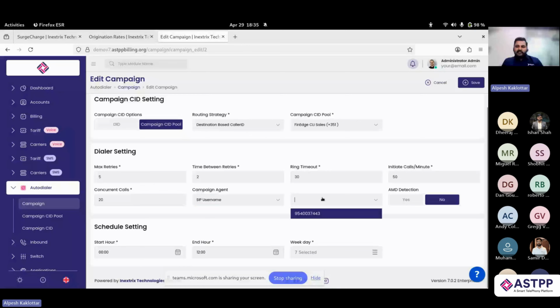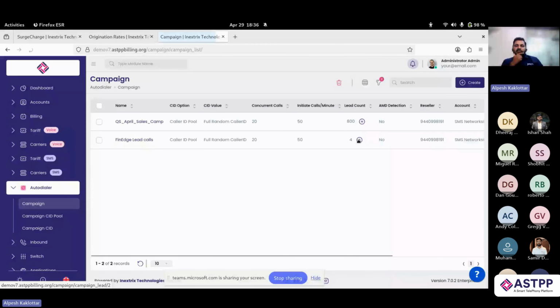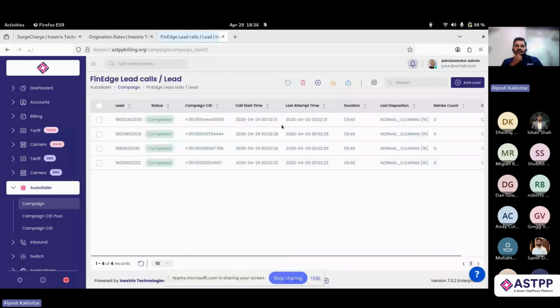Okay, this is how your campaign should run. We have a start hour, an end hour, and here you can select the days. My campaign is running from midnight 12 a.m. to 12 p.m. on all days. If you want to skip the weekend, set it for Monday to Friday only. In this way, you can configure it, and at the campaign level, you can load the leads, your clients' numbers, where you are supposed to dial